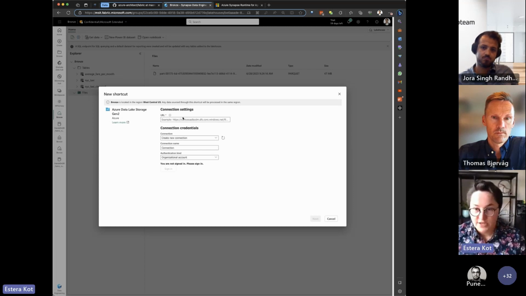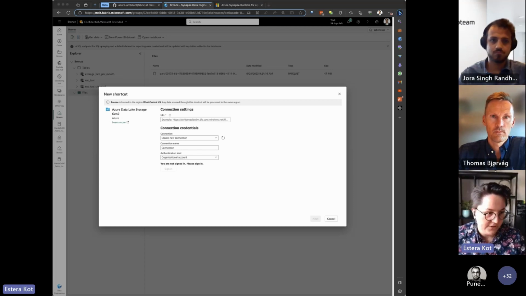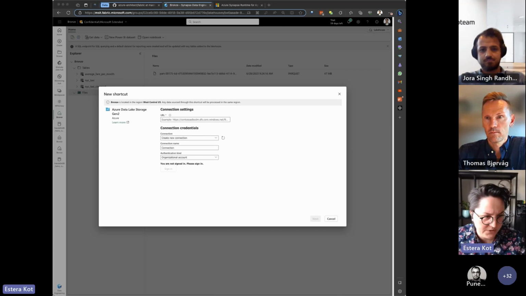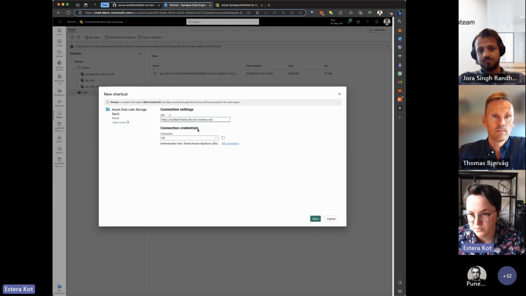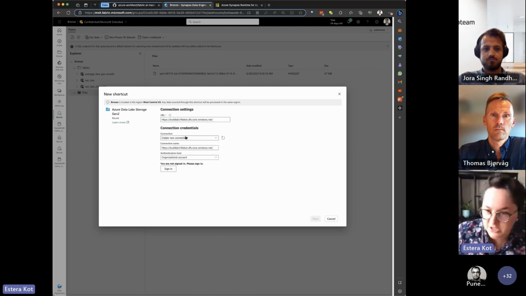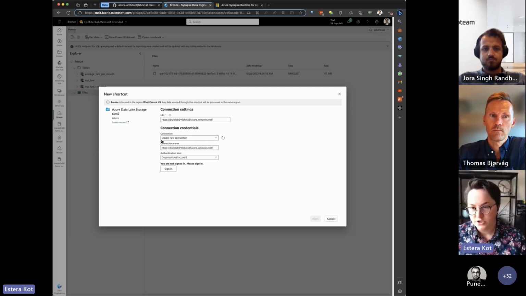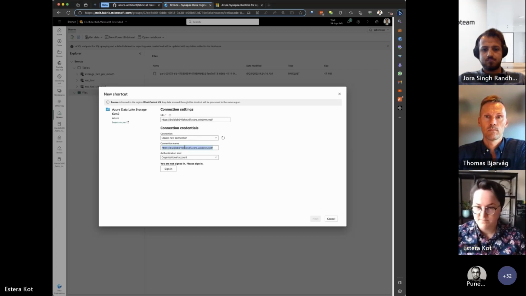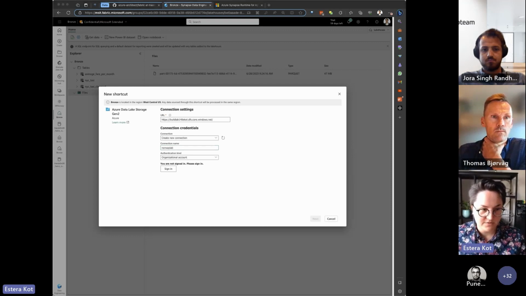Now let's create the connection to this storage. So I will copy the URL, all the information you have in the notebook. I have the connection previously created, but let's create from the beginning. So connection, create new connection. Connection name, whatever the name is, or okay, I provided the clearer name, new connection to ADLS, maybe 2.